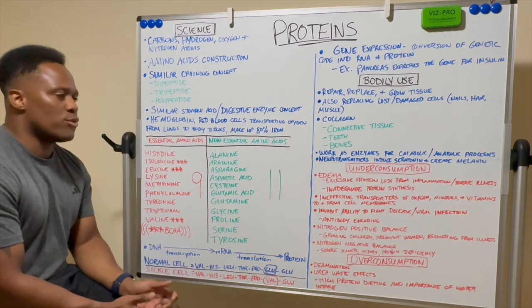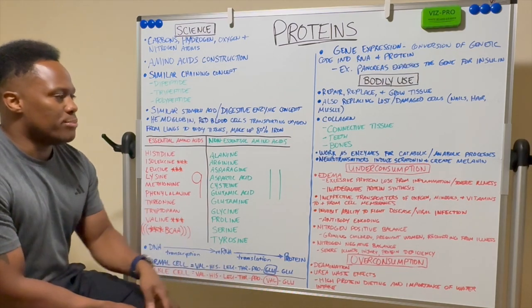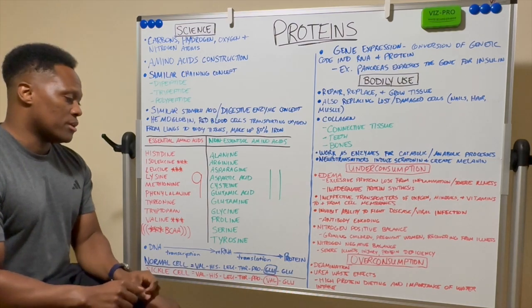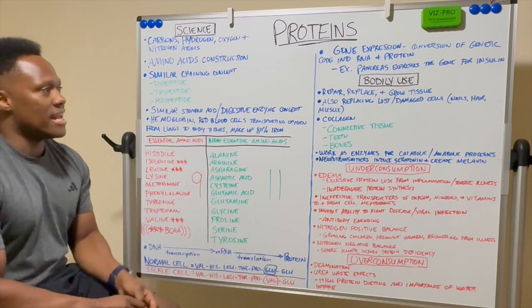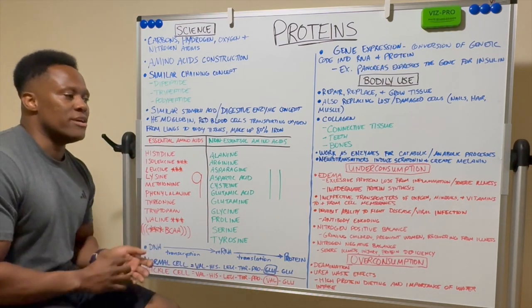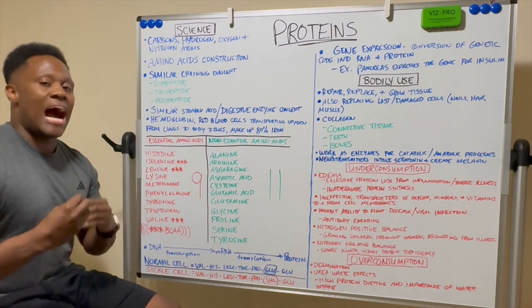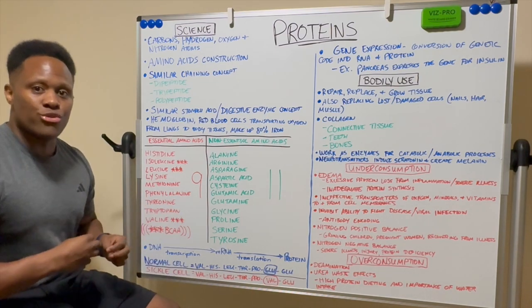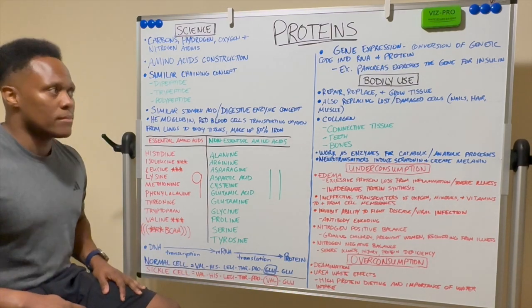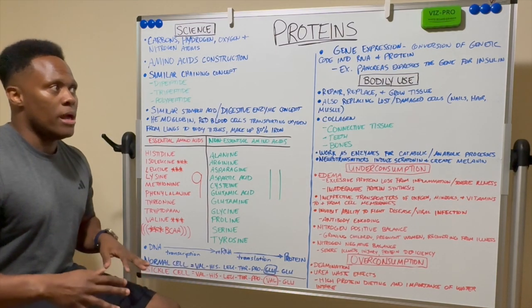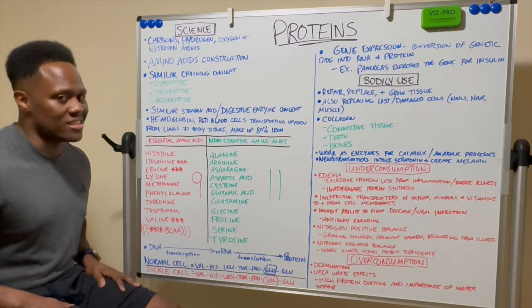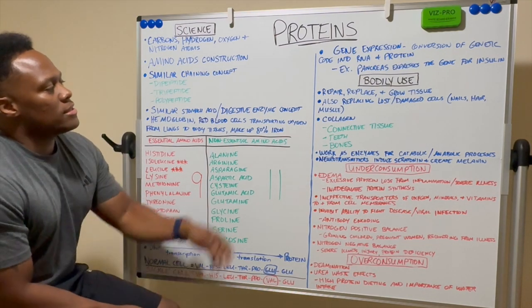And people who have sickle cell, of course, have to be careful, because the reason why it's important for amino acid profiles to be as accurate as possible is that, and I'm about to get to that with bodily use, having the right profile can make the difference between whether or not your body is getting oxygen transported to cells, getting energy transported to and from cells, like your lungs, liver, kidneys, all of that comes into play. So that can make the difference in how well your bodily function is when you have an amino acid in a place that doesn't belong. So now we go over to the second side of the board here.